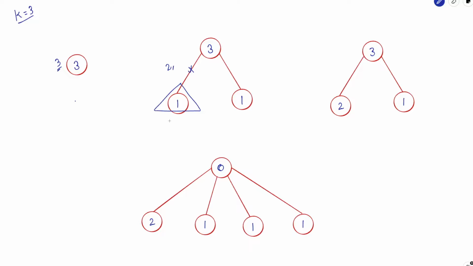Similarly, if you do the same thing here, you will get 2, 1 again, right? So if you have taken this edge, the maximum value of this entire subtree is 2. If you have not taken this edge, the maximum value of this entire subtree is 1. Now, what is the total sum or total possible maximum sum? So the total possible maximum sum would be